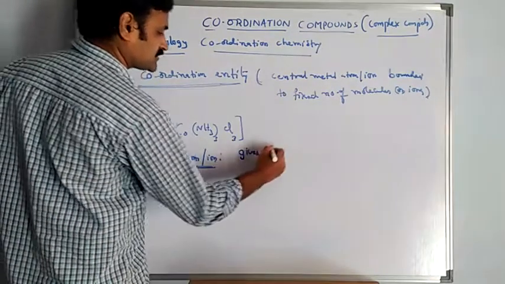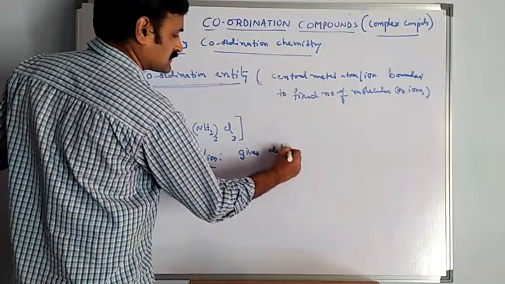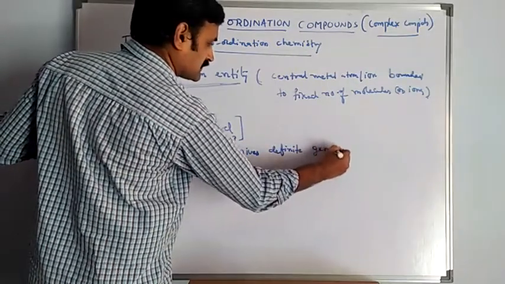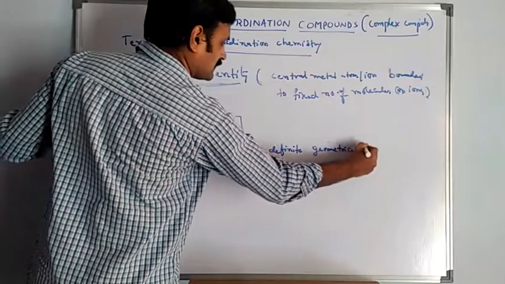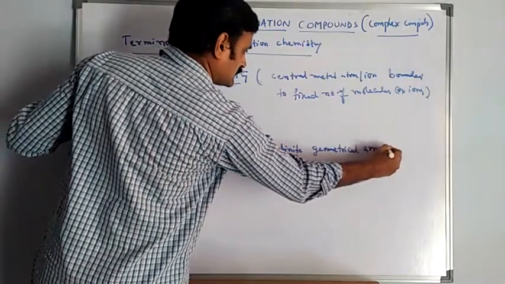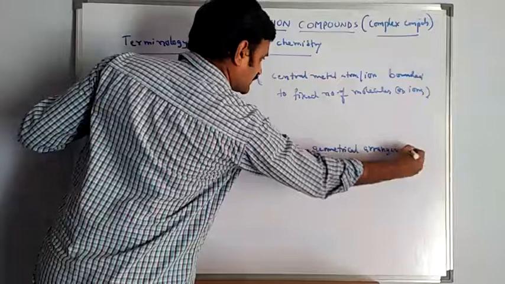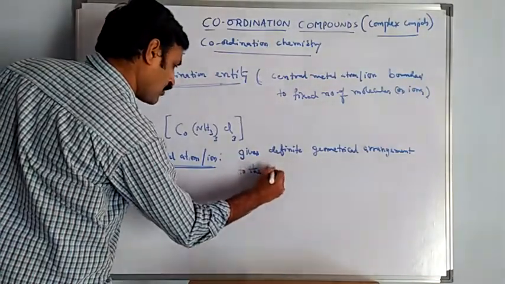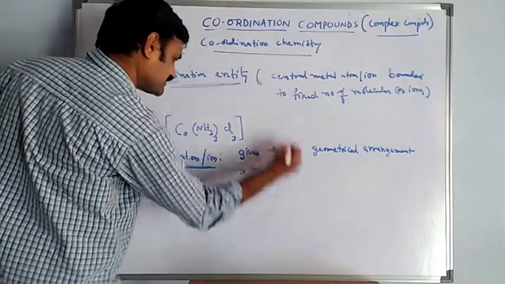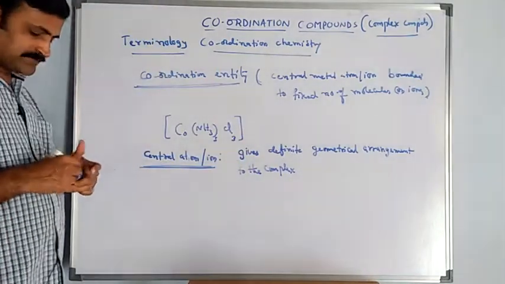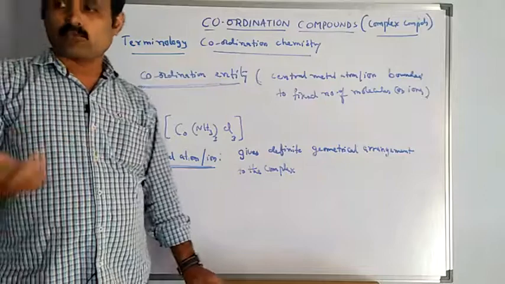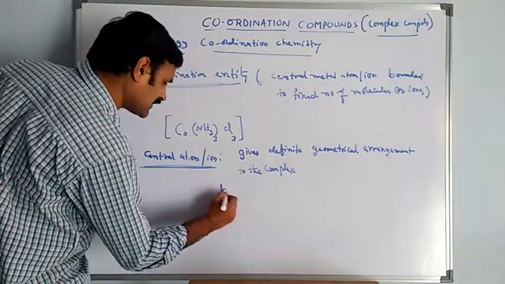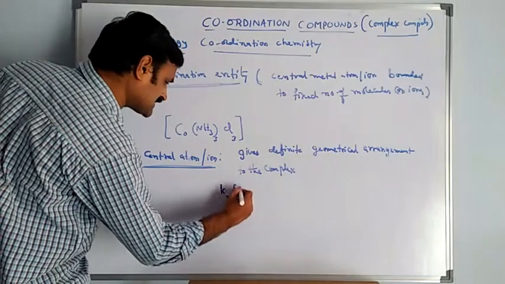This gives a definite geometrical arrangement to the complex, means complex compound. Example, if you take any example like potassium complex,